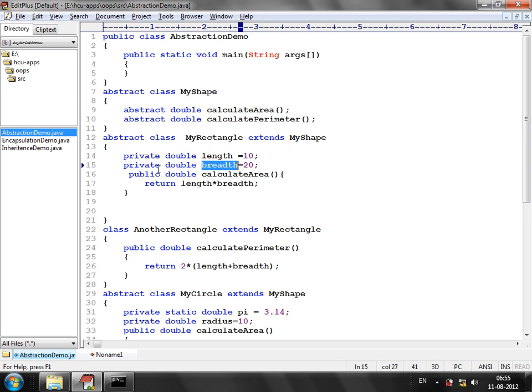Okay? So, temporarily, let me make them non-private. Now, will it be compiled and executed successfully? Yes. Definitely it will be compiled as well as executed successfully. Just because these are non-private and can be used in the subclasses, can be inherited to the subclasses, and 2 into length plus breadth will give you the perimeter. And calculate perimeter is correctly implemented just because here it is abstract double